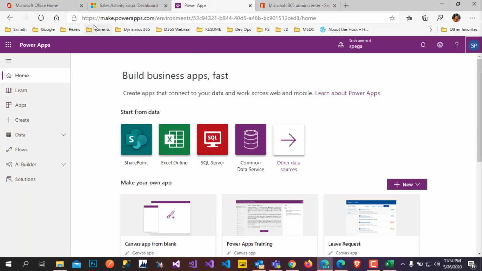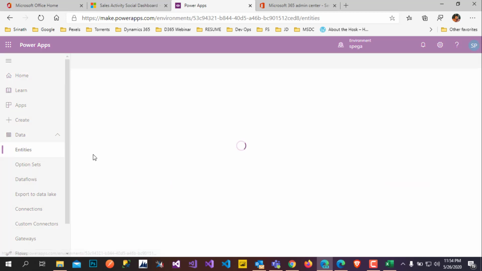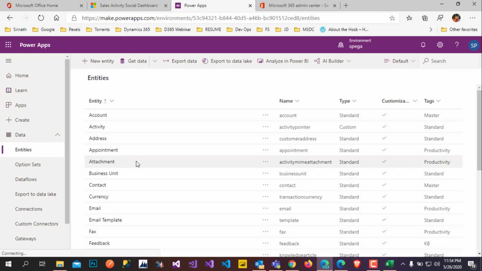Go to make.powerapps.com, and let's go to Data, then Entities. Where the data will be updated in the accounts means entities.